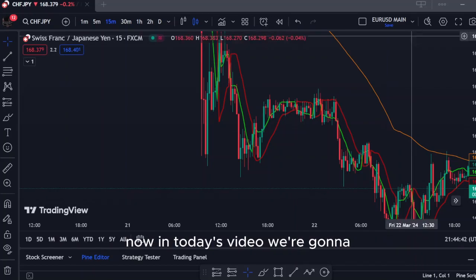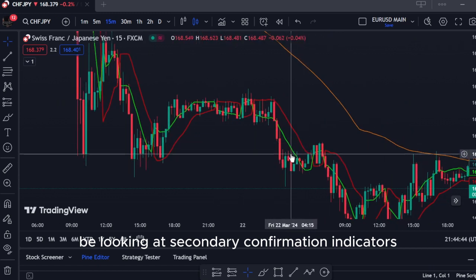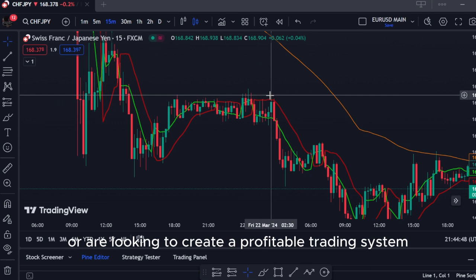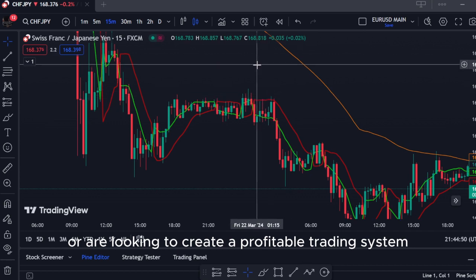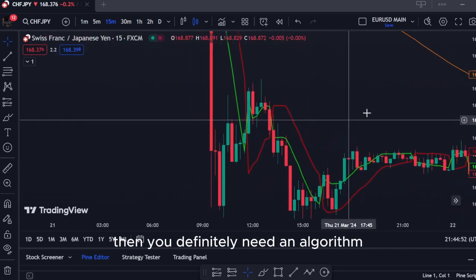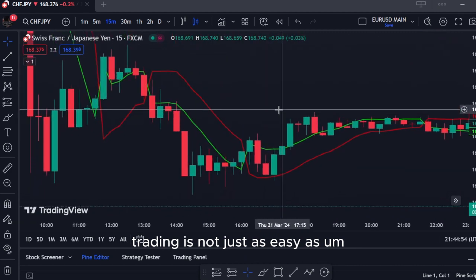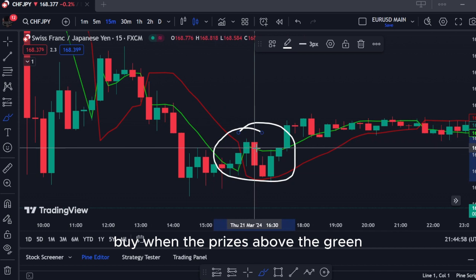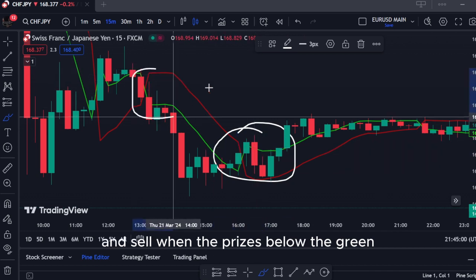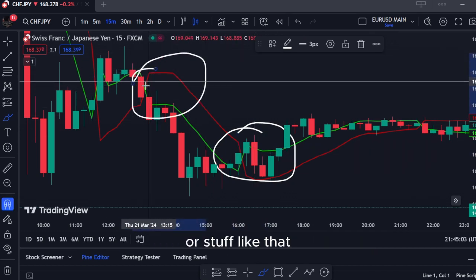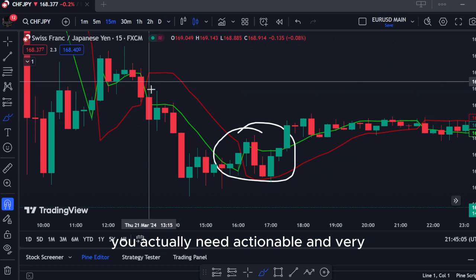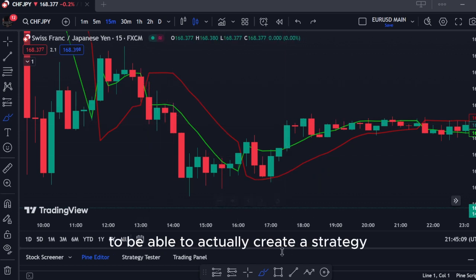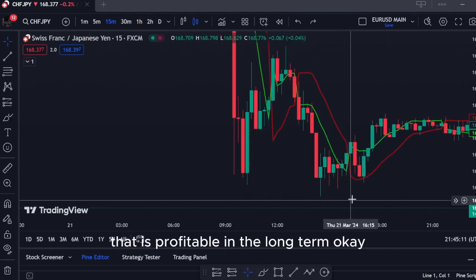Now in today's video, we're going to be looking at secondary confirmation indicators. Now, if you've ever developed an algorithm or you're looking to create a profitable trading system, then you definitely need an algorithm. Trading is not just as easy as the saying that they say: buy when the price is above the green and sell when the price is below the green or stuff like that. You actually need actionable and very detailed strategies to be able to actually create a strategy that is profitable in